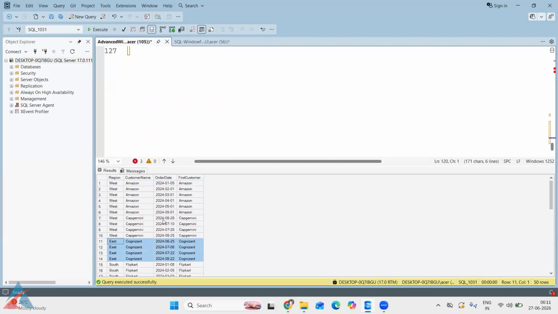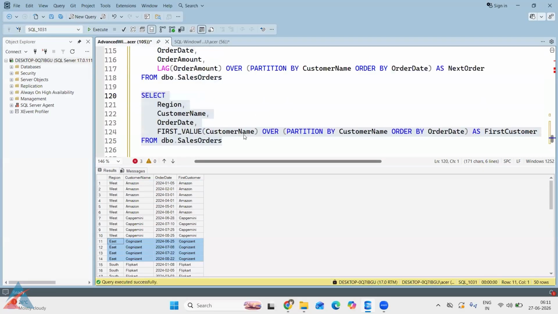Sir, then what is the meaning of the first value customer name here? Means it's giving the customer first name, or you selected the region, am I right? Customer name, yes, order date. First value means first customer value over the partition by customer. First value of the customer in